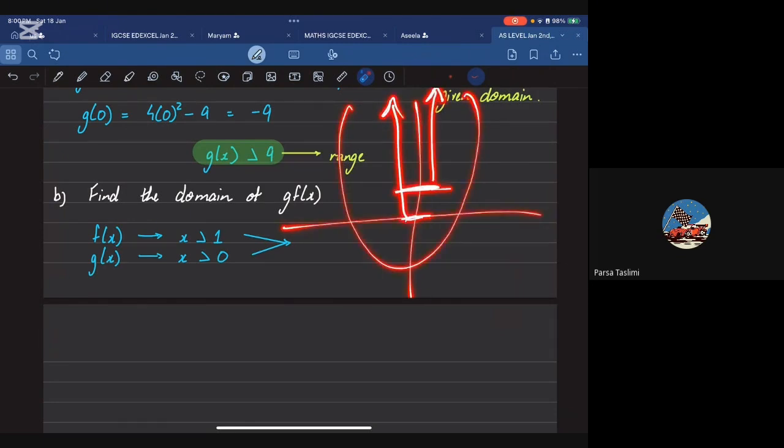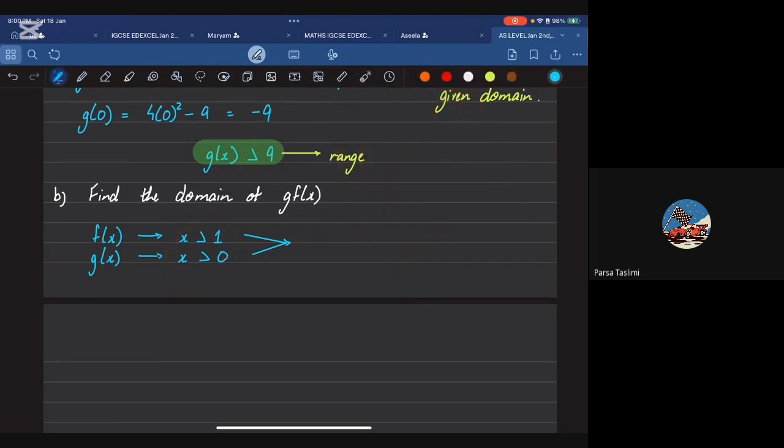So the domain is all the values which are compatible with the function. So obviously you need to include the values of the domain which are compatible with both, which is greater than or equal to 1. Is this clear? So it's going to be x is greater than or equal to 1